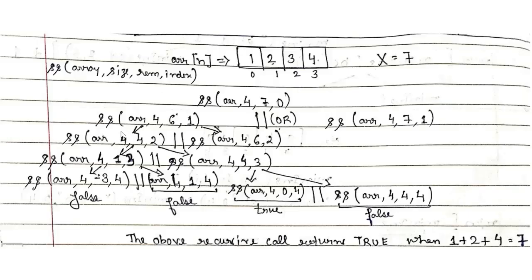And what do you mean by bottom up? Bottom up means that I would be starting with my base cases, with my leaf nodes, and I will make my way through to the top, to the root node. And what is a root node in this recursive tree? It is the intended solution which I need.